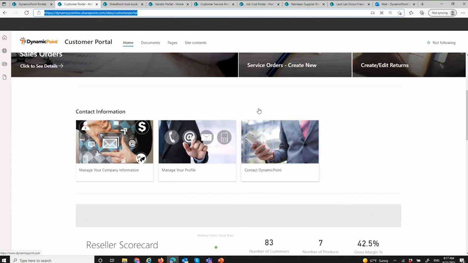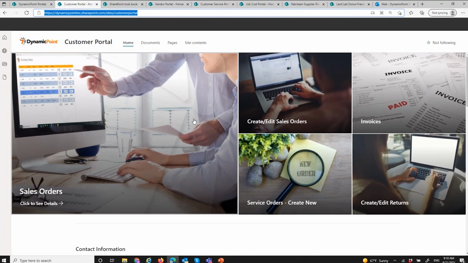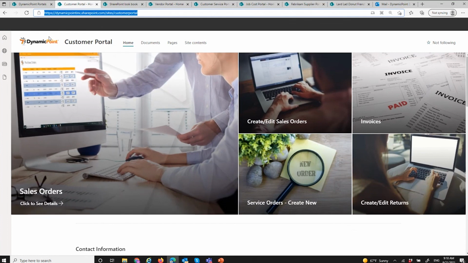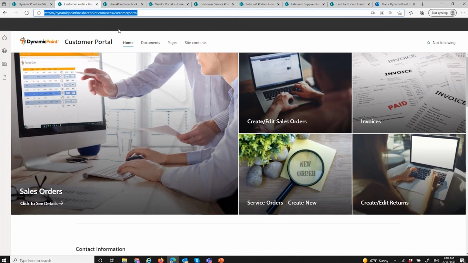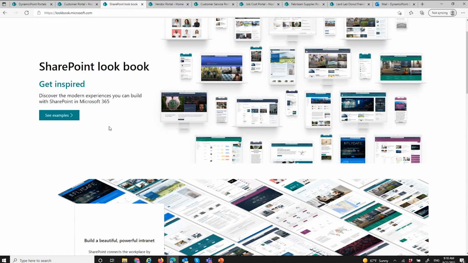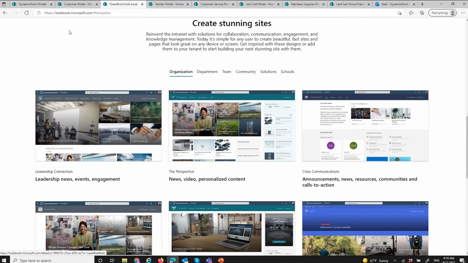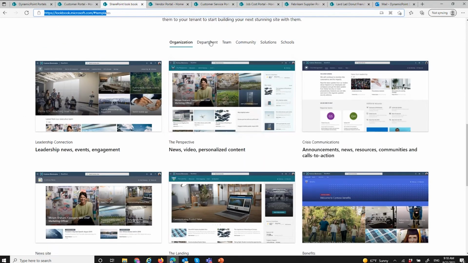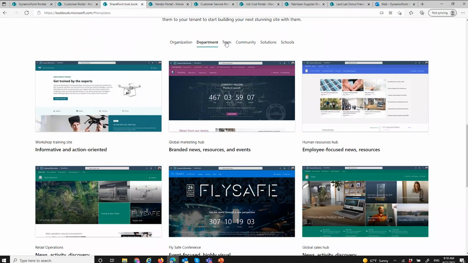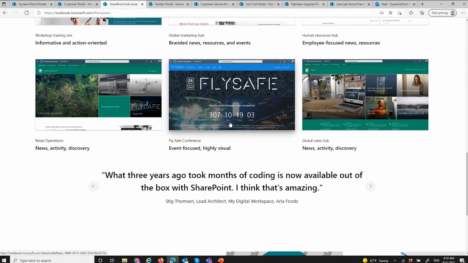This is nothing more than a SharePoint page. If I was an admin, I could edit this page and start changing the layout, changing the branding, as well as the content. And in fact, to take a little pause on look and feel, if you don't like my layout, I'm not the least bit offended. Microsoft provides examples, right? So they have this whole website that they call lookbook.microsoft.com that gives you different templates for creating SharePoint sites. So these are, I guess, the true designers of the world, of which I will not include myself in.